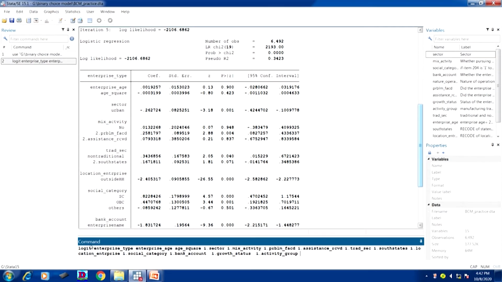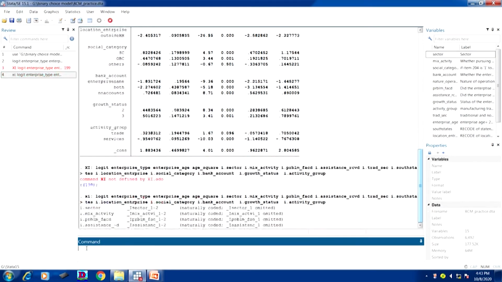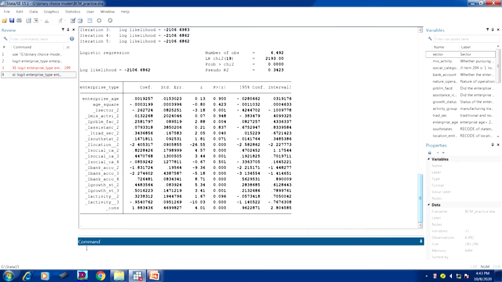Just xi colon. If you add xi colon, you will get the interpretation; the look is different. Now, it is in capital, you can make it small. The capital entry, as we already mentioned, Stata is very case sensitive, so you have to take small letters. Okay. Now, look at the coefficients here are interpreted against the exact non-reference category, but in the previous case you